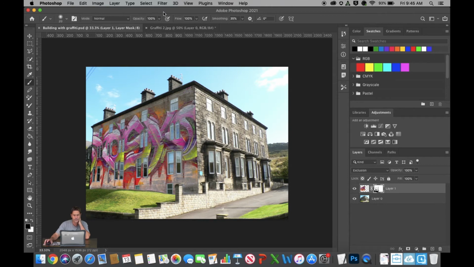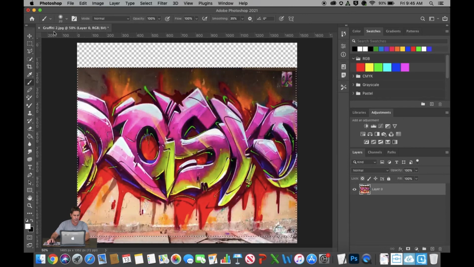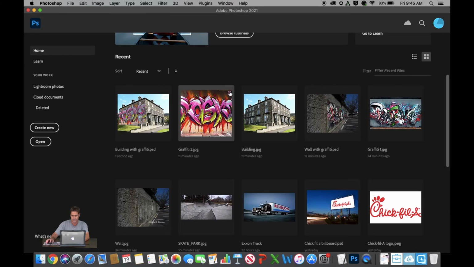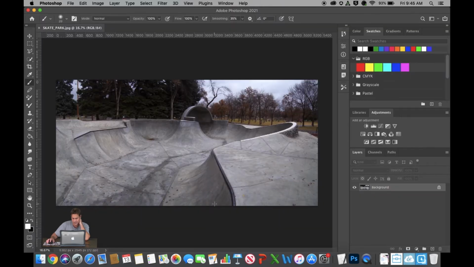All right, last thing I want you to do is open a picture of a skate park. Save. So open the picture of the skate park right there. You should have that downloaded from Schoology. What we're going to do here is apply graffiti within the skate park, and we're going to use the warp tool